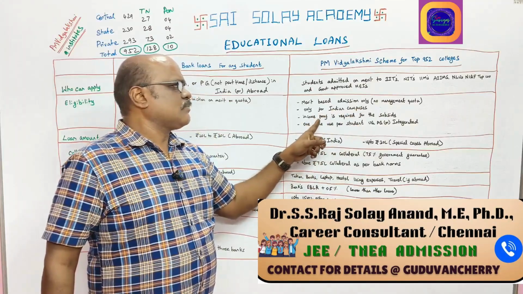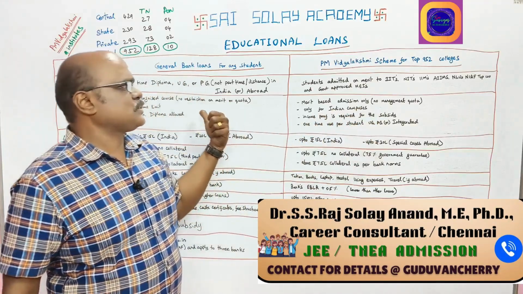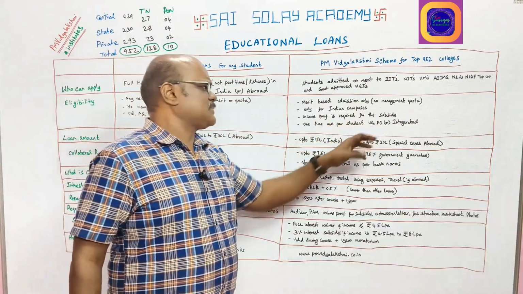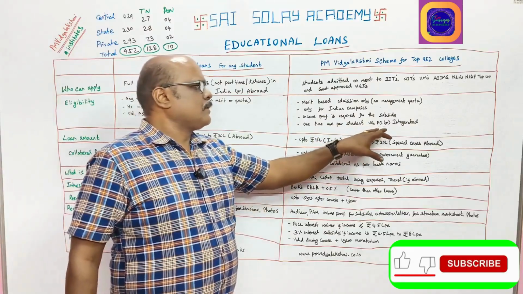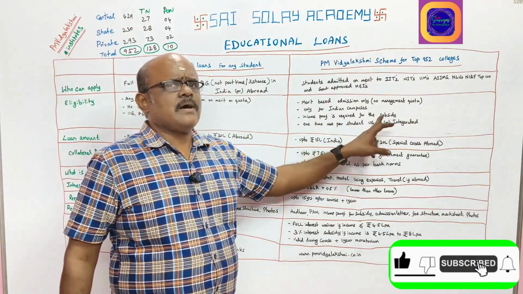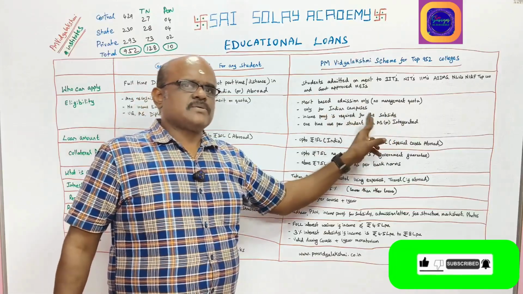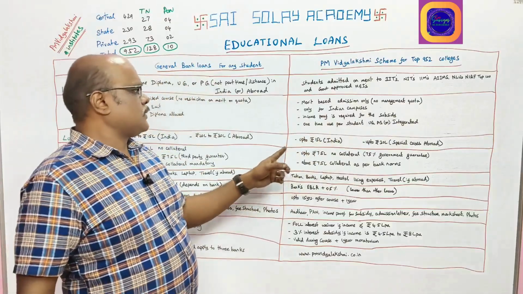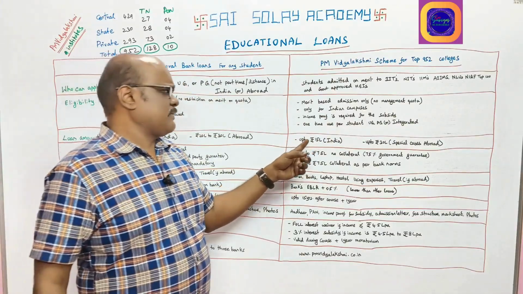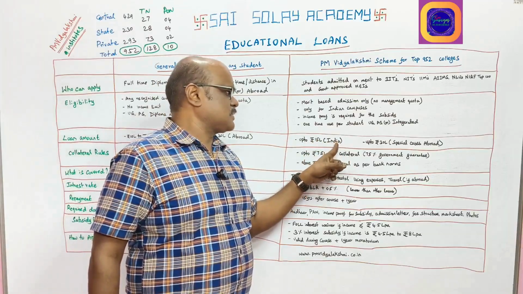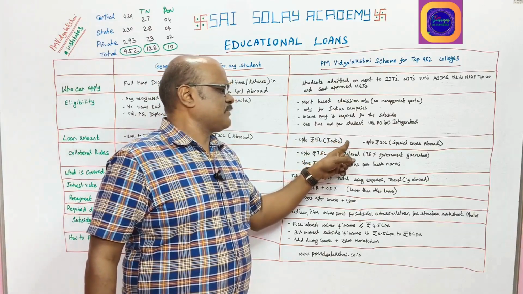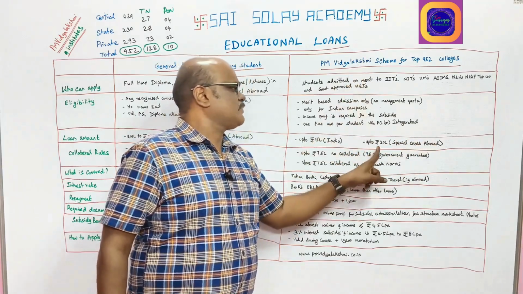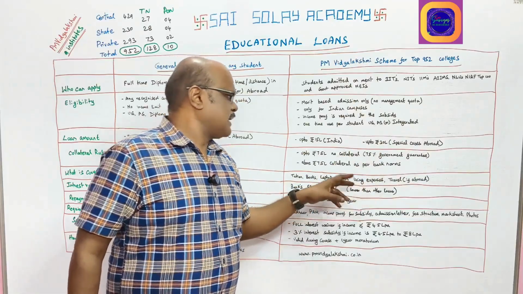For Indian campuses alone, income proof is required for subsidy. In general bank loans there is no income limit, whereas here income proof is required for subsidy. It is one time use per student. They can avail it for UG, or for PG, or for integrated, that is combined UG and PG studies, as a one time loan. The maximum limit is up to 15 lakhs inside India, depending upon the course and fee structure. And outside India, for special cases, they sanction loans under the PM Vidyalaxmi scheme, and you can avail about 30 lakhs.